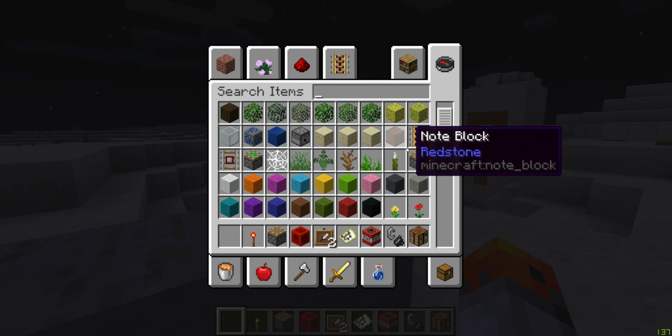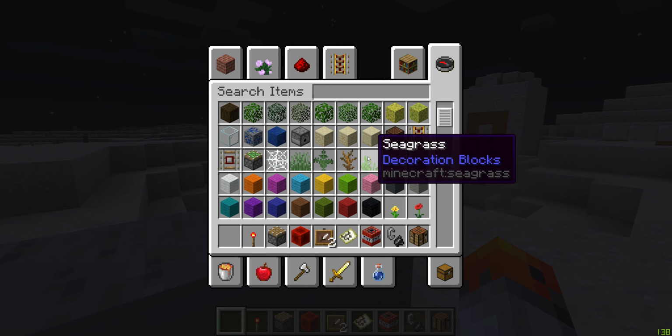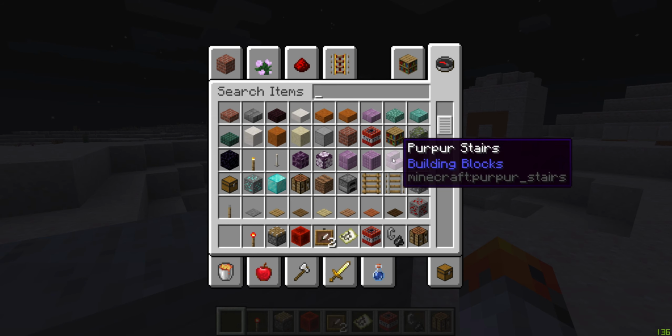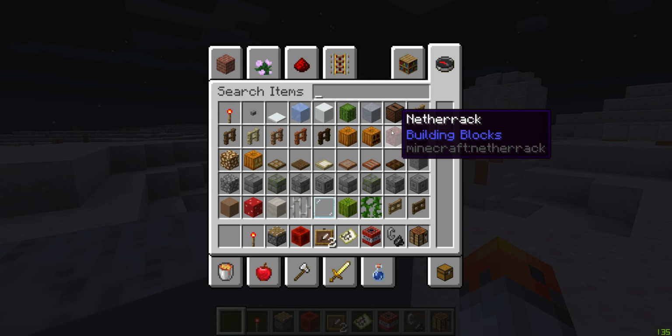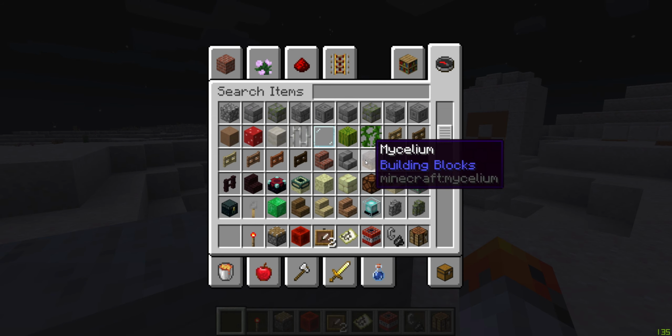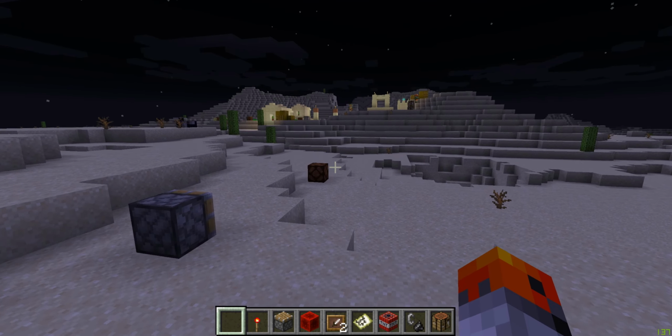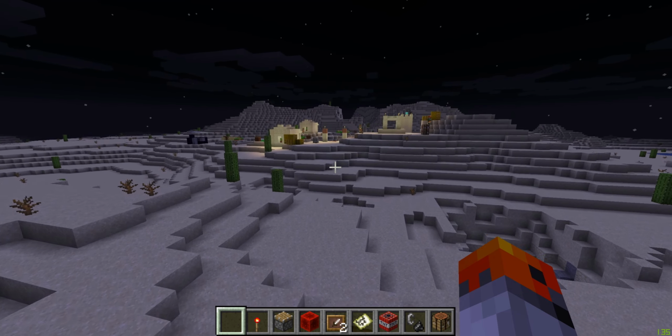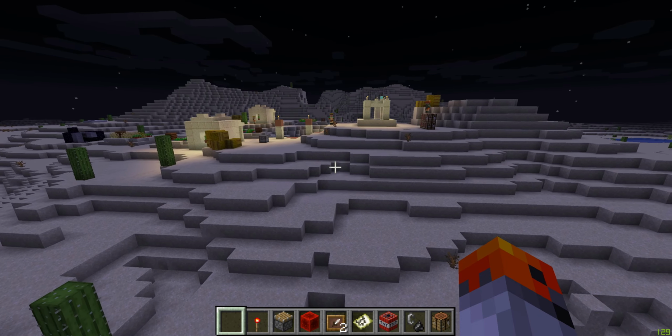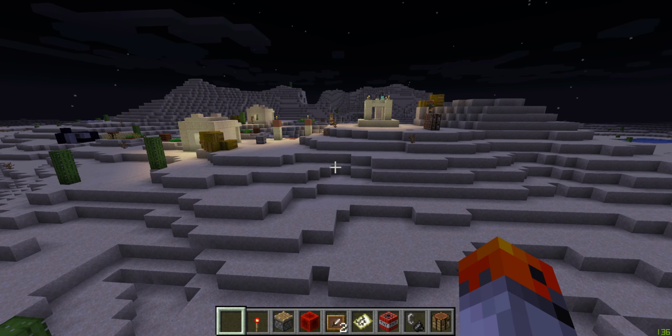Maybe a giant powered rail and a giant minecart. Right. Okay, well, there's no point in looking at more stuff because I have a lot of work to do already with what I have. Anyway, again, let me know if there are any interesting blocks that I should turn into